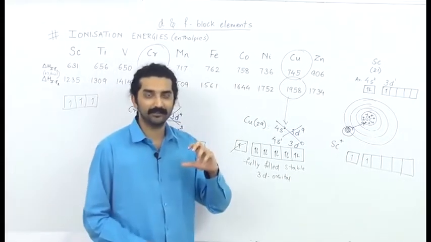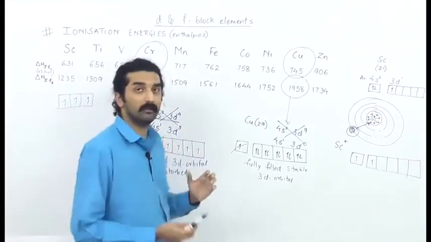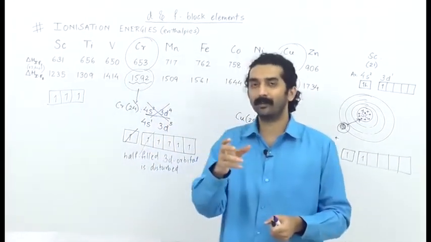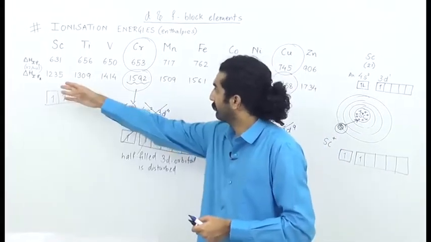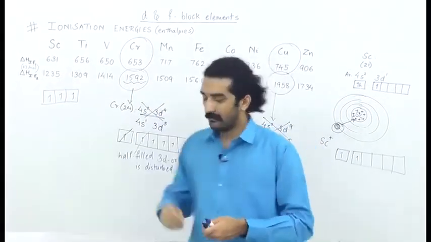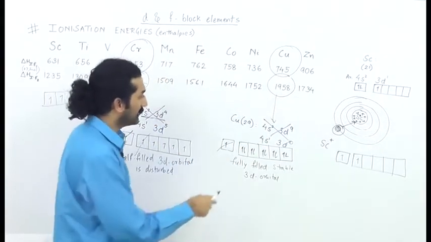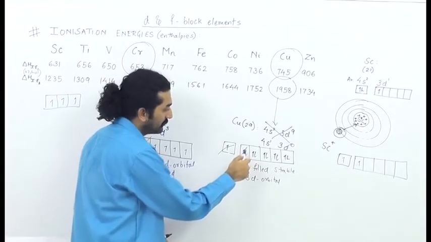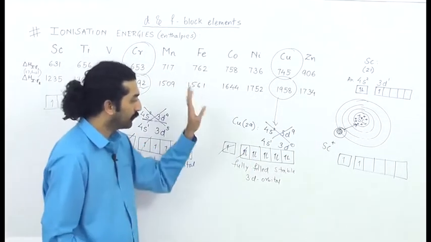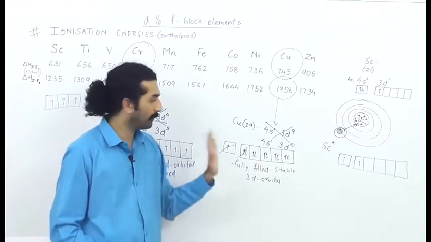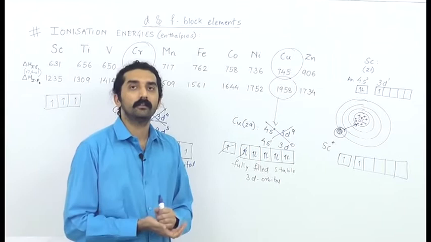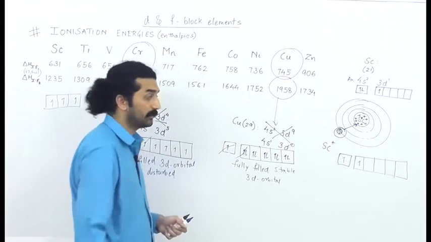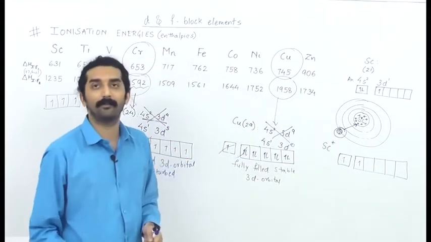But now the dynamic changes when we talk about the second delta H, IE2, which is the amount of energy required to remove the second electron in the outermost orbit, the trend of which we have seen, and there is a change over here. Now it has to eliminate either of these electrons. So let's say we remove this electron, but to remove any of these electrons from any of the suborbitals, we need to destroy or affect the stability that copper has obtained, and hence this high amount of energy, right?